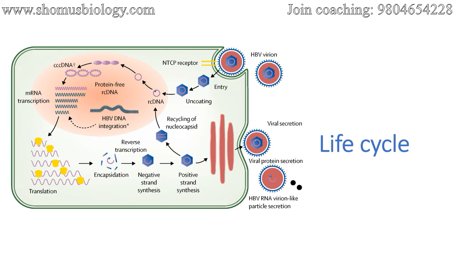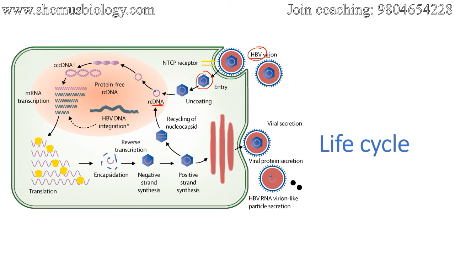So let's look at the life cycle now. This is the HBV, hepatitis B virus. We have talked about HAV and the replication process earlier. HBV, we know, contains an envelope outside. So it has a clear envelope fusion to the host cell, and that gives entry to the nucleocapsid inside the host cell. Then uncoating takes place, and after the uncoating, the single, partially double-stranded circular DNA enters the nucleus of the host cell, and along with that, what else enters?